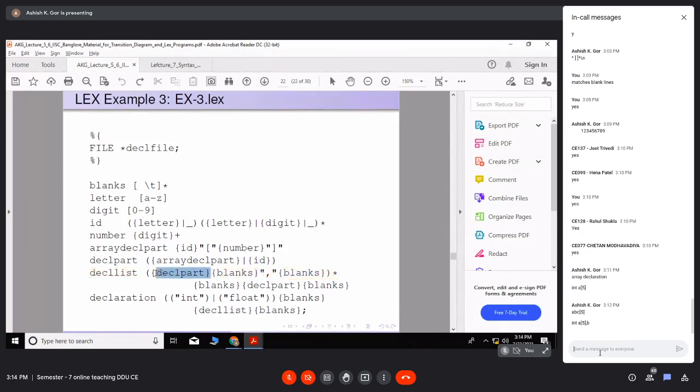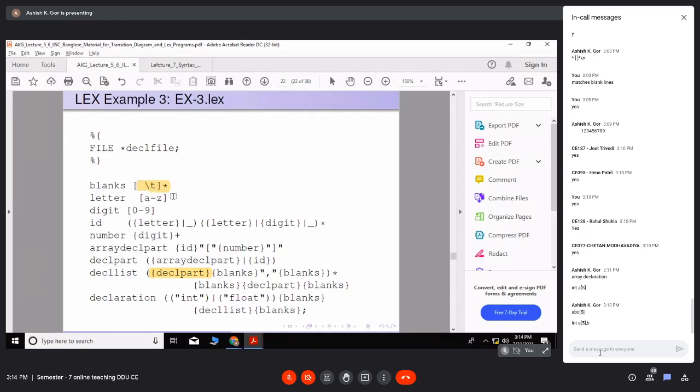Declaration part means either an array declaration or an identifier. Like A, B, C, D, these are identifiers, or array declarations like A, then bracket 5. Then there should be blanks, star.